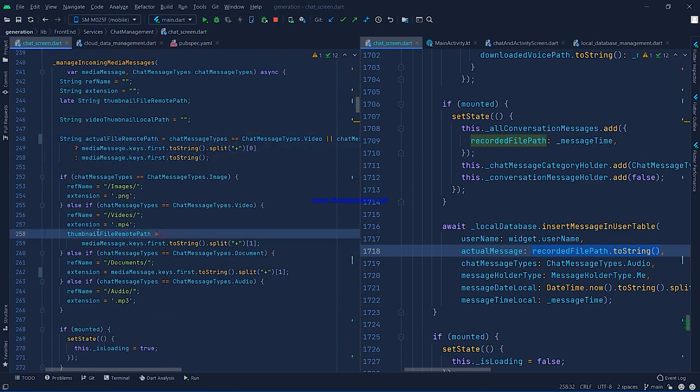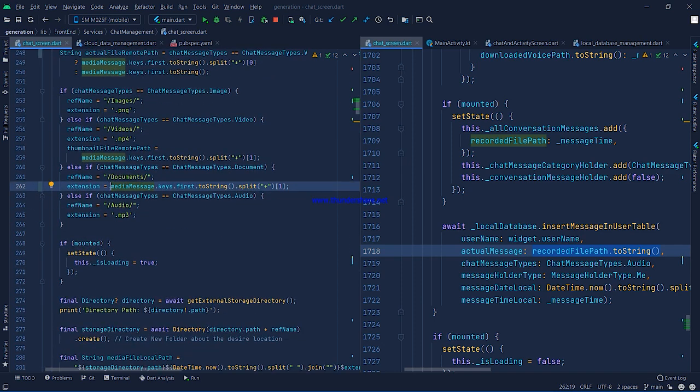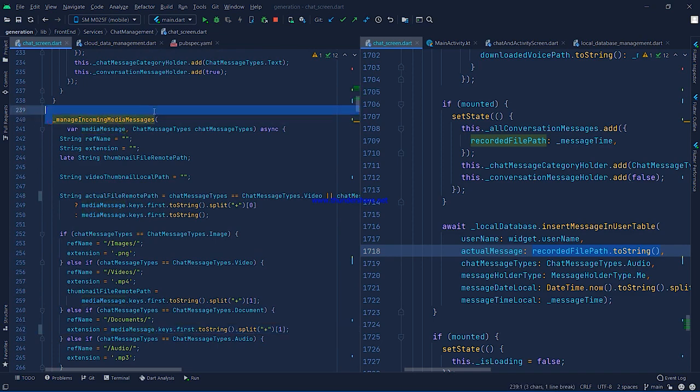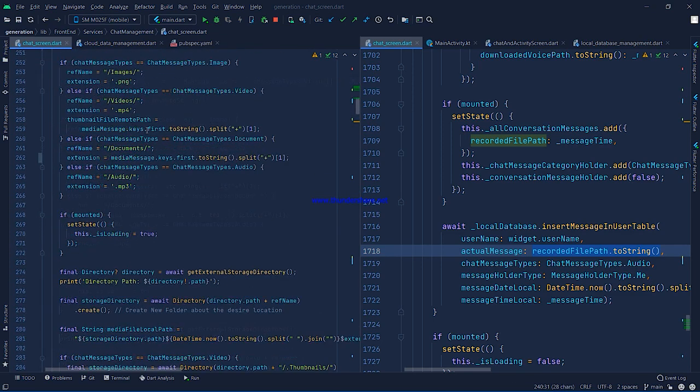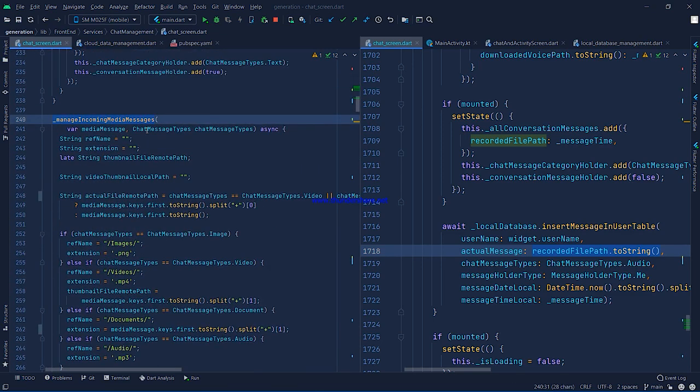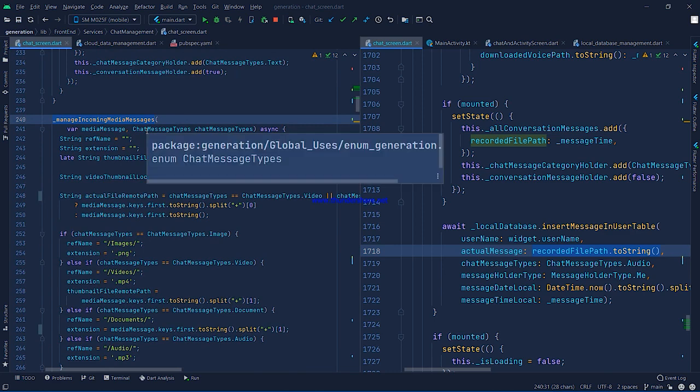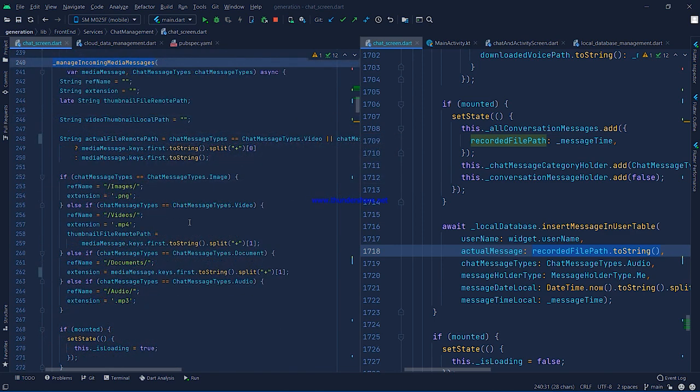And then here, in the previous video, in that document extension, I by default put .pdf when I first made that method, manage incoming media messages. But here I changed something. As you can see in the sent document messages, we pass the file extension concatenated with plus with the actual